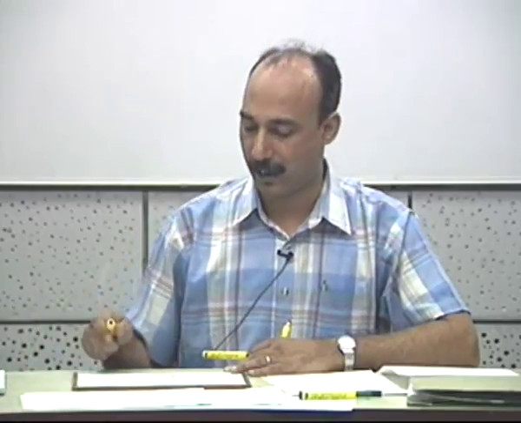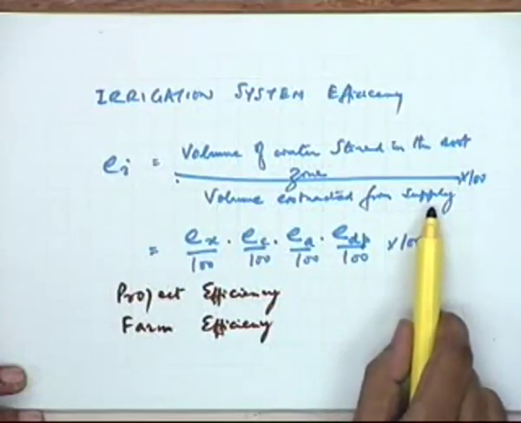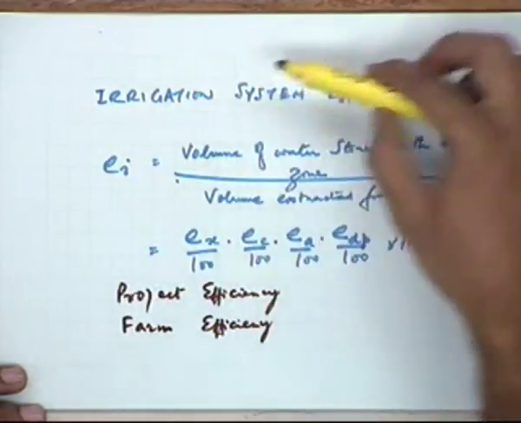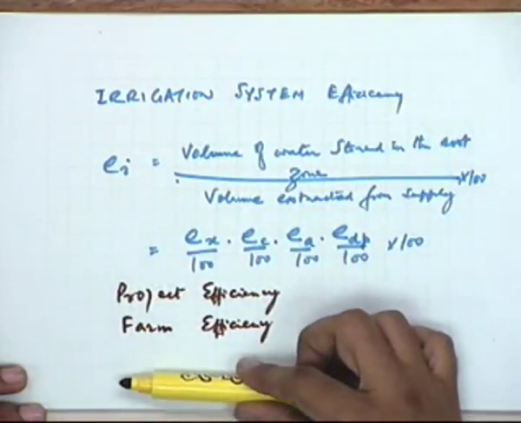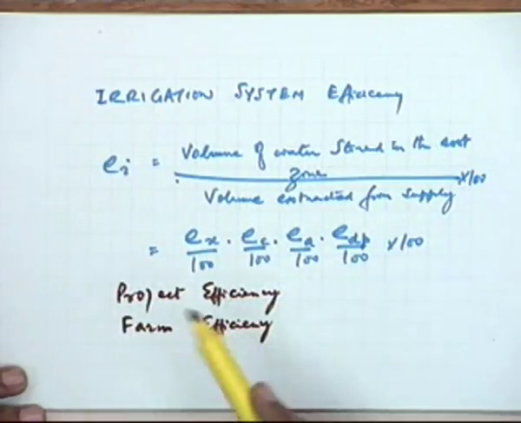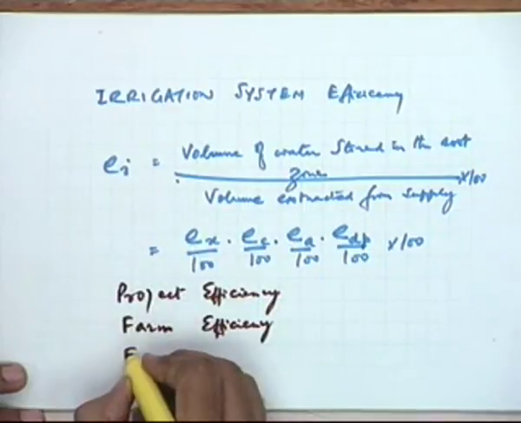I am considering the application losses within the farm and all the other losses, but my point of interest is brought down to the farm level. So the irrigation system efficiency will in that case be called the farm irrigation efficiency. If I bring it to the field level,